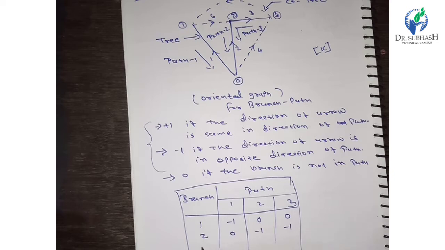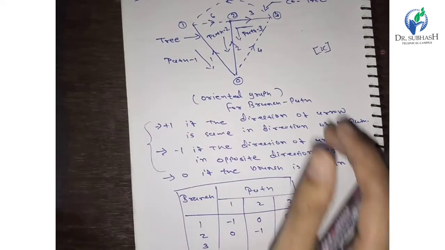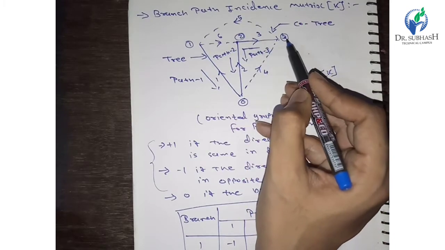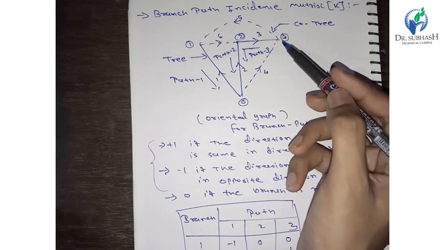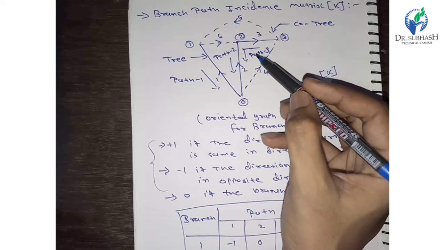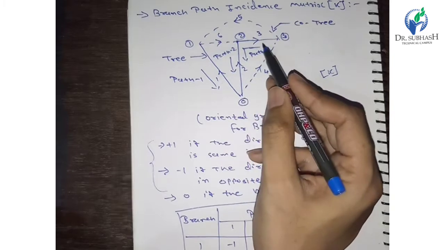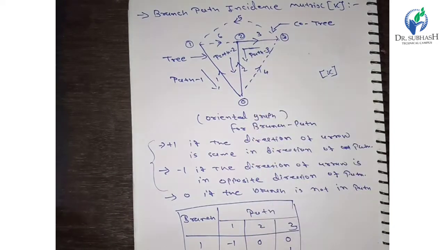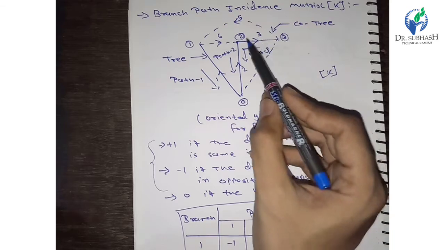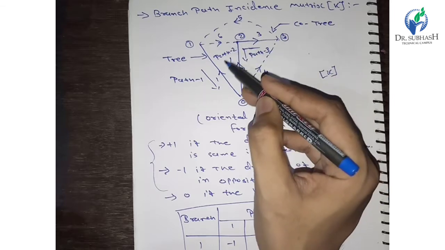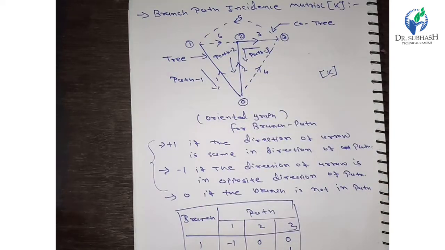When we take branch number 3, the output is connected between node 2 and node 3. When the path is versus branches value, path 1 is not connected to branch 3, so the output is 0. In path 2, branch 2 is also not connected with any other parameters, so the output is also a 0 value.